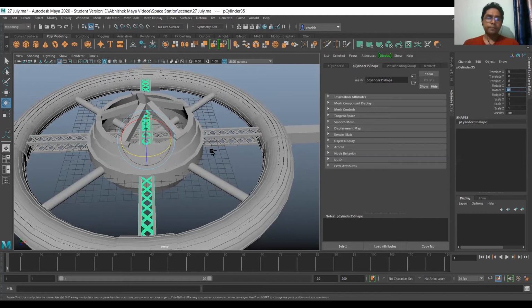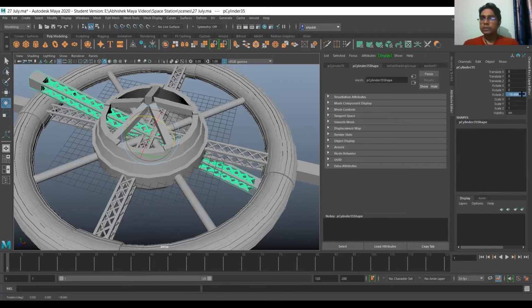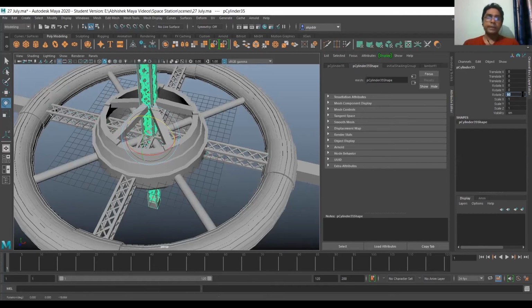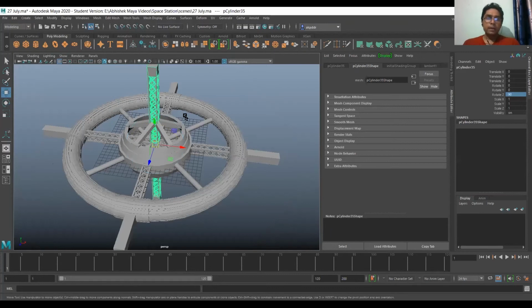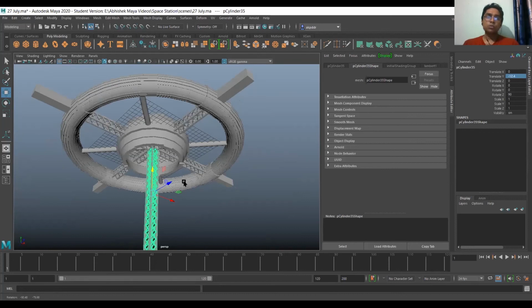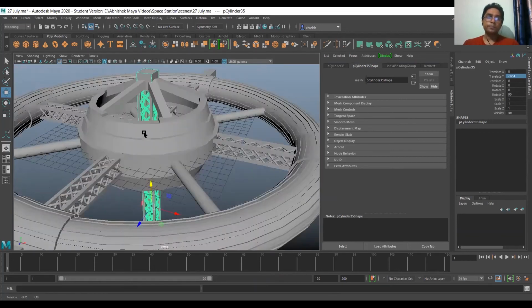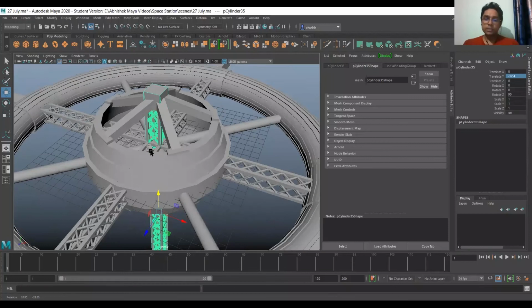Sorry, it has to be rotate Z. Rotate Z, I'll give the value 90 degree, and I'll press W, I'll pull it downwards. Okay, so in translate Y you can give minus 12.4. Fine, this much is done.